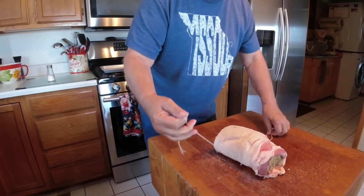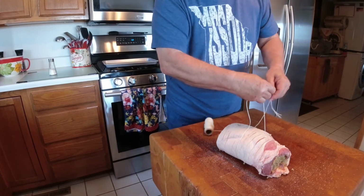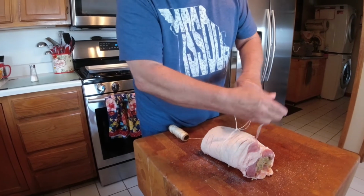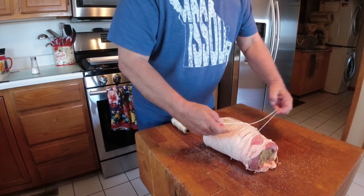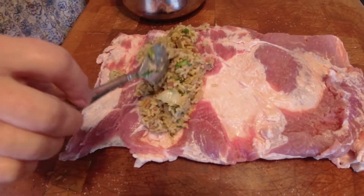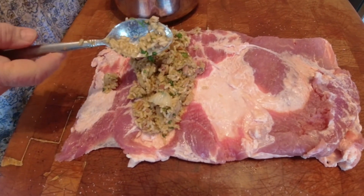Put that butcher's twine right in the middle of it first and get the first tie right in the middle. So we'll get that. And I went backwards. Hang on a second, folks. Now what's all in that stuffing? Okay, there's jasmine rice, and cook that in a little bit of...